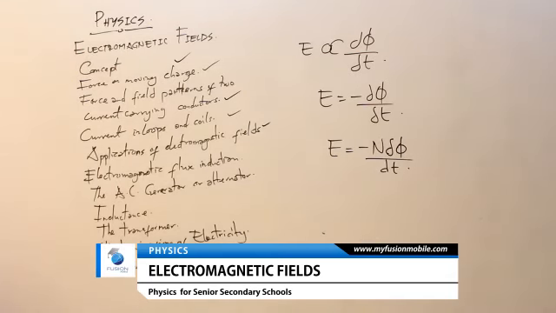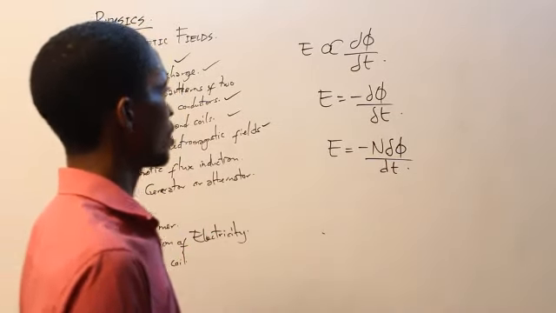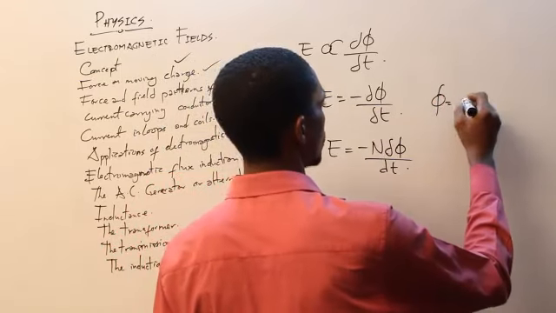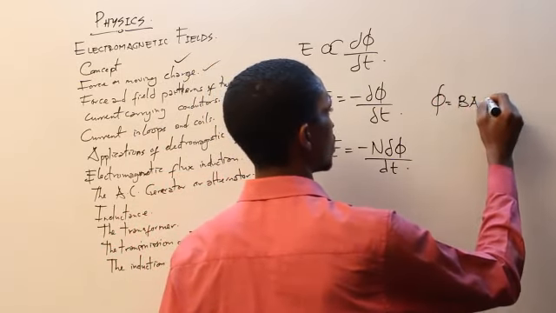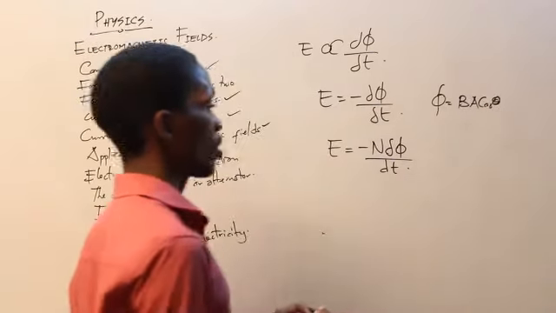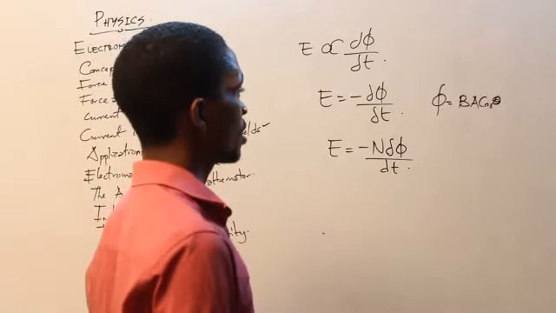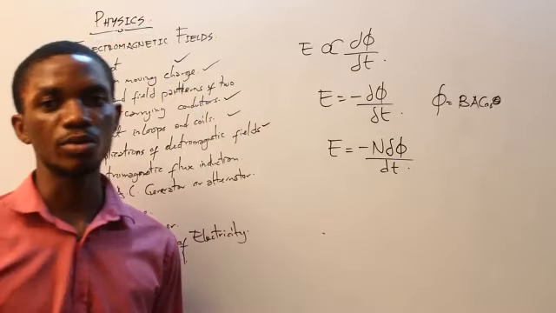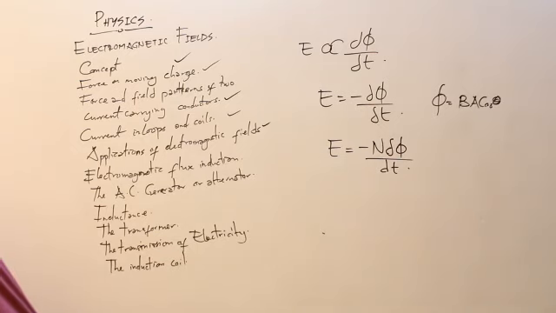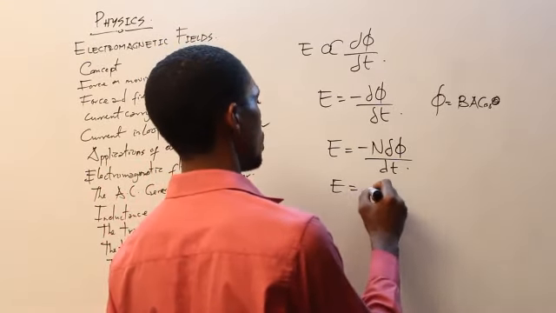And of course, we know that our flux Φ is the same thing as BA cos theta. So we can bring in BA cos theta, and when we relate A and bring it into the expression, we would have our final answer, EMF, that's E, equals